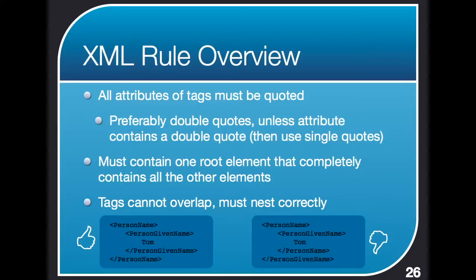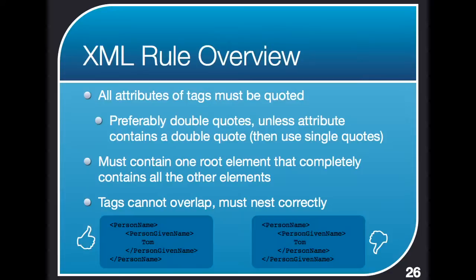Every document has to contain one and only one root element that completely contains all the other elements. So you have a declaration, and then maybe some processing instructions, and then you've got your root element. Then you've got all the things inside of it, and you get down to the bottom and you have the closing tag for the root element. You don't get to have any more elements after that. You have one root element that contains everything else. You don't get to have more than one, just one root element.